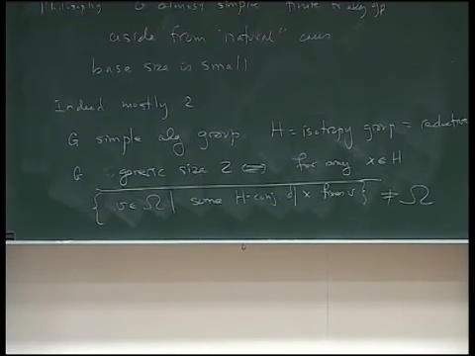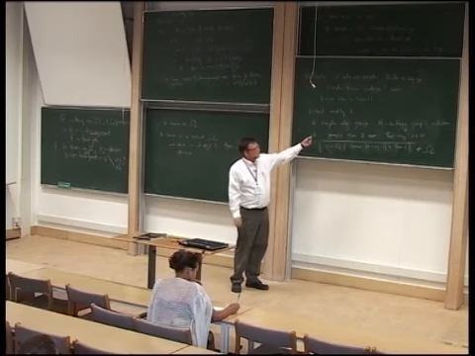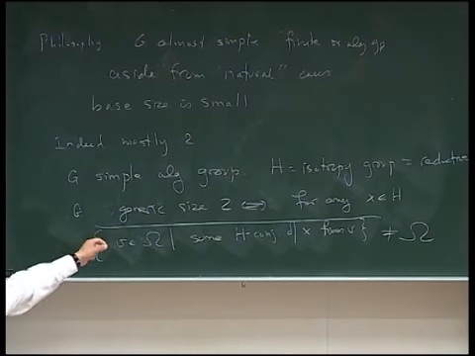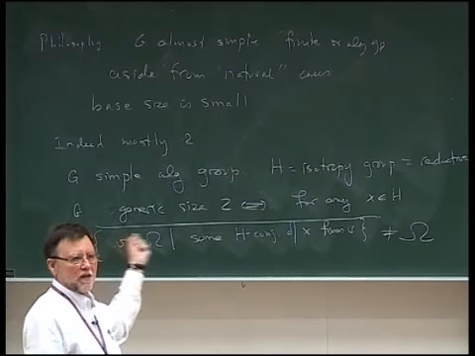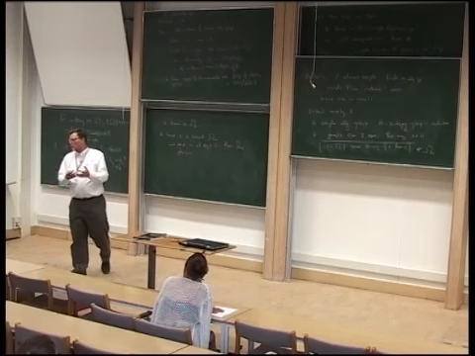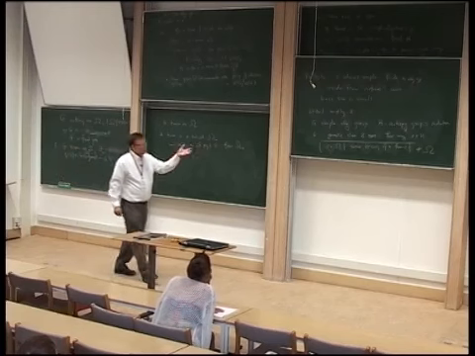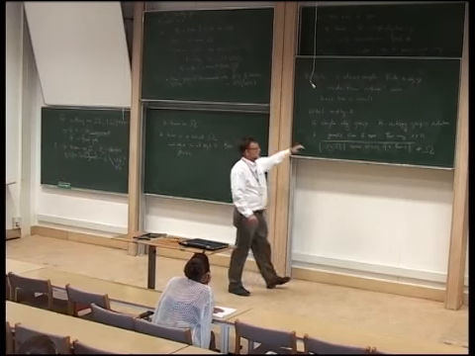If it's not reductive, there's a variant of this. You just have to check for a single element in H, look at all of the points that are fixed by some H conjugate. And either that's going to contain an open subvariety of omega, or if it's not, then it turns out that you'll have this property, that you'll be generically base 2.